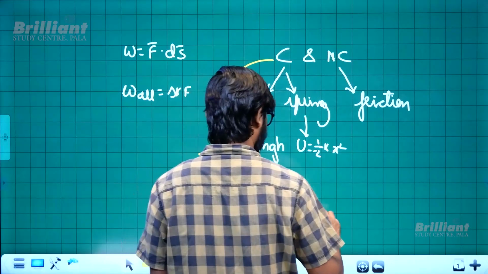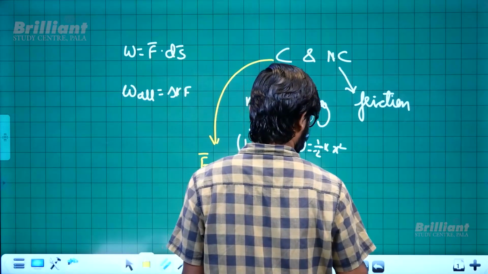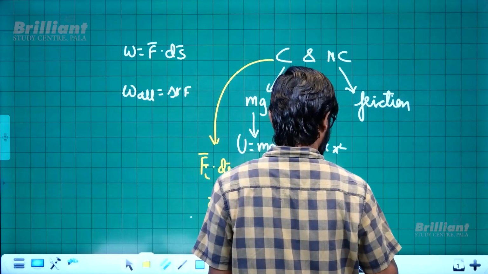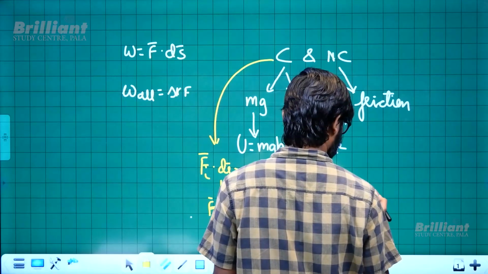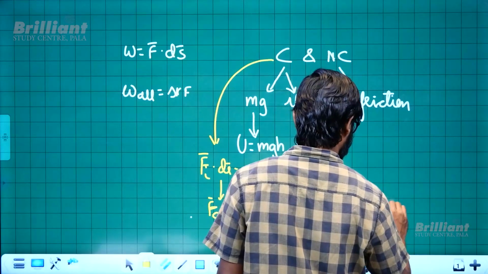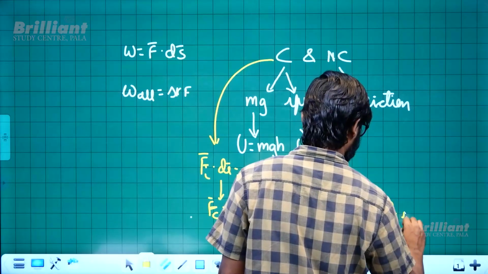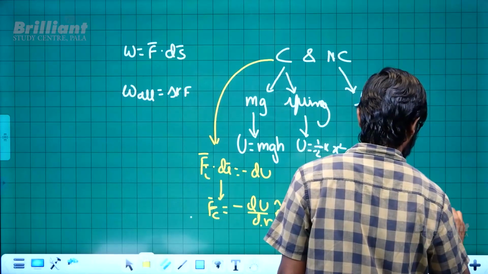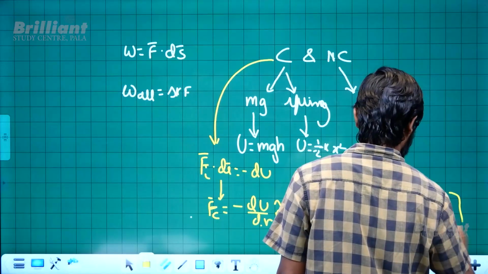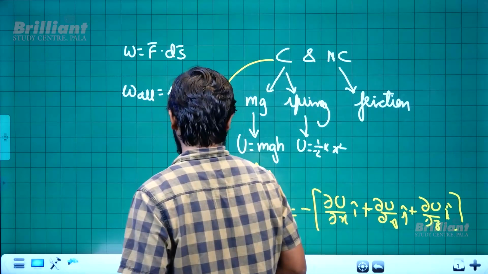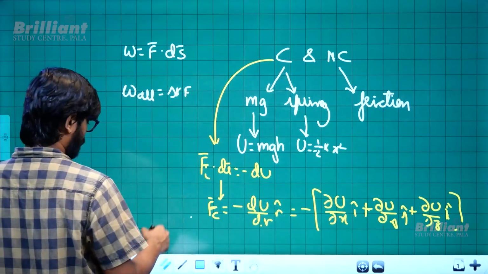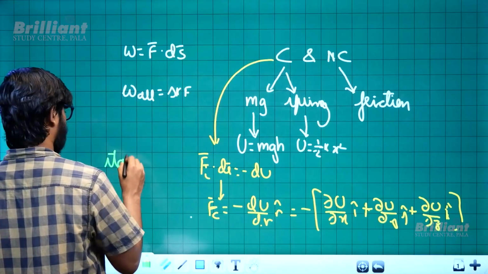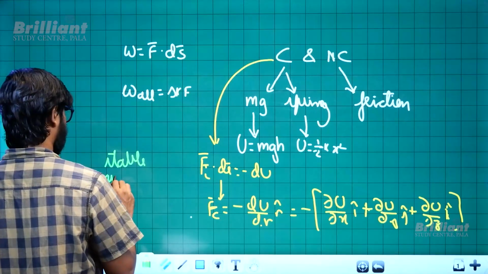The same thing, if you want to write it in the rectangular coordinate system, it is minus dou u by dou x i cap plus dou u by dou y j cap plus dou u by dou z k cap, right? So thereafter you have seen about stable equilibrium, unstable equilibrium